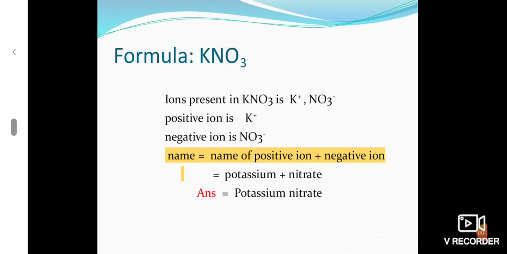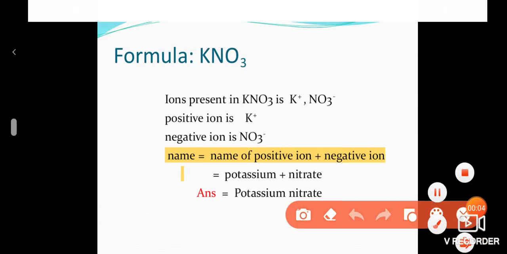KNO3. It is also an ionic compound. It is made up of positive and negative ions. Especially, it is made up of that negative ion, and that negative ion is a polyatomic ion. Okay. So first we have to find out what ions are present in a molecule, given the chemical formula.